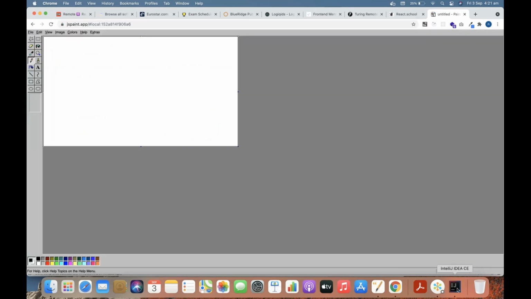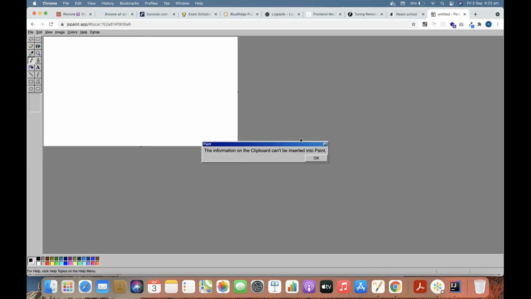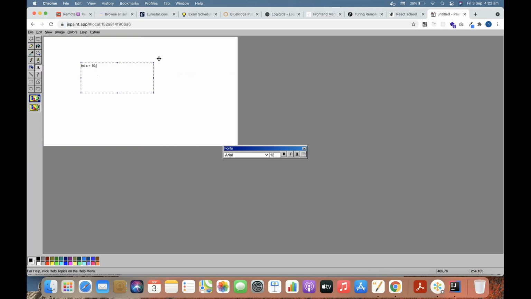I'll just copy this. I just want to explain a few things about what I declared here. What exactly are int and a? Here, int is your data type. Our next topic is data types, which we'll see in the next session. Whenever you declare any variable, the variable must have a data type. So here int is the data type of the variable, and a is the variable name. Every variable should have some name.